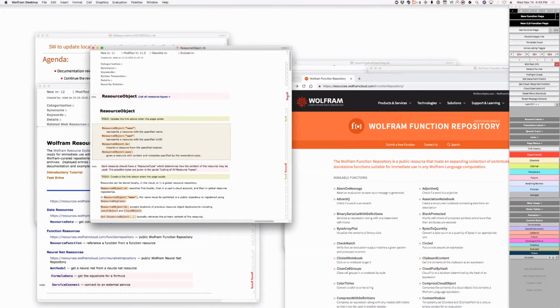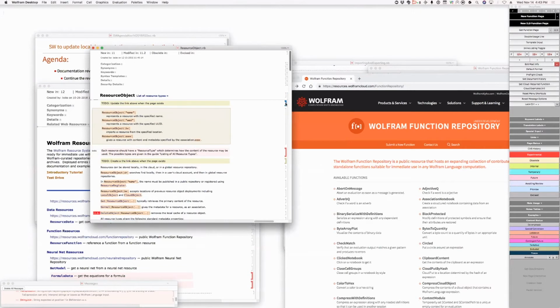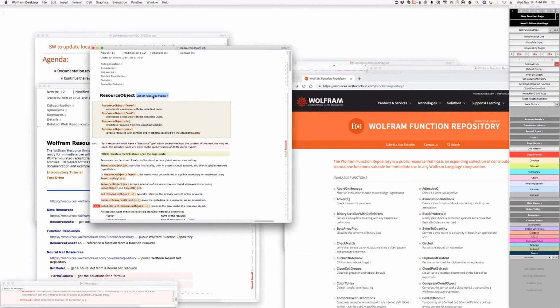Okay. Let's defuturize that. Oh, wow, it's got some funky error message there. But that list of resource types,